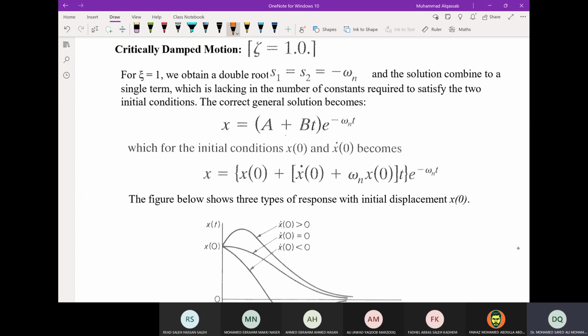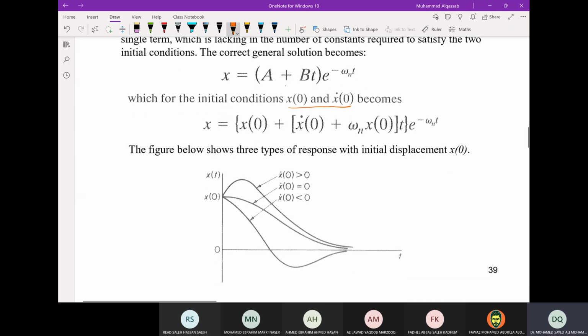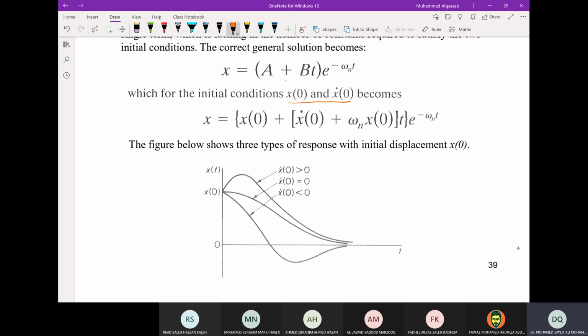A and B again are found from the initial conditions, which reduces to x equal to [x(0) + (x dot at 0 + omega n times x(0)) times t] in the bracket, times e to the power minus omega n t. And here shows the typical responses for different initial